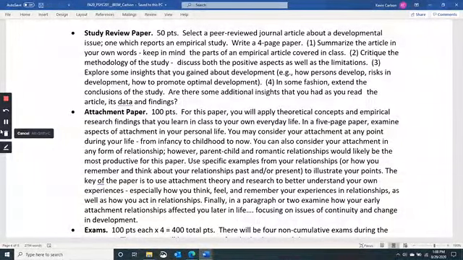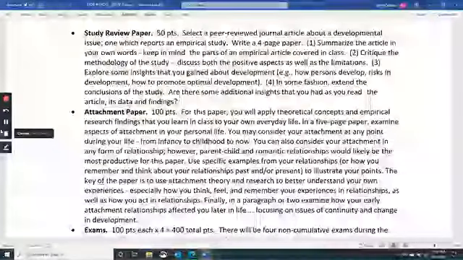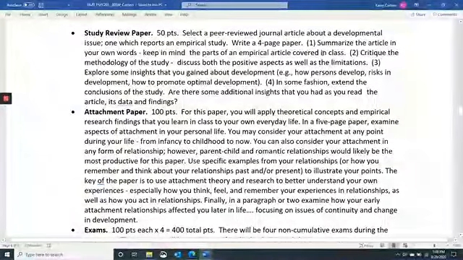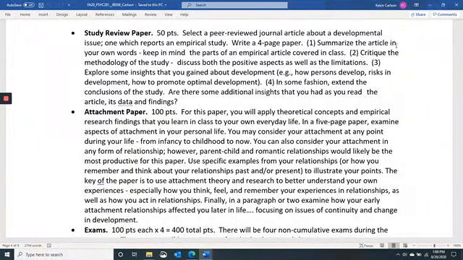Don't use funky, weird fonts. So 12-point standard font, double spaced, 4 pages. And there's essentially 4 parts to your paper. So the first part, you want to summarize the article in your own words. And so summarize the article in your own words,